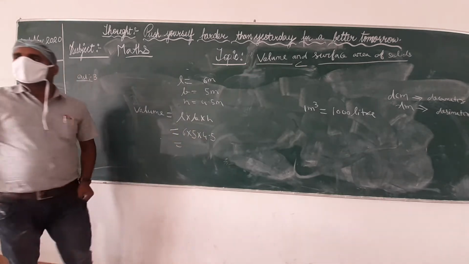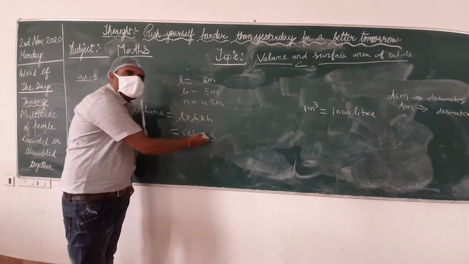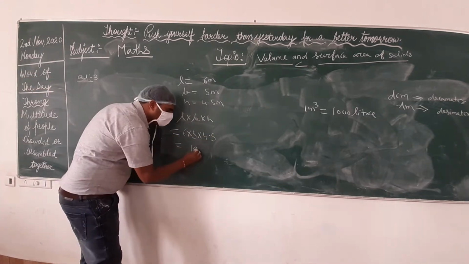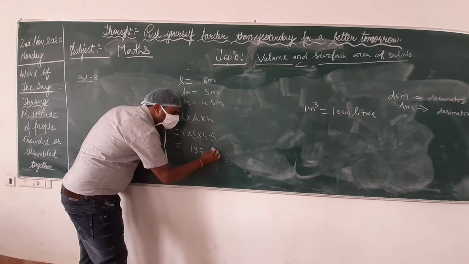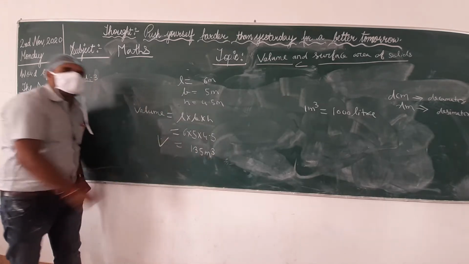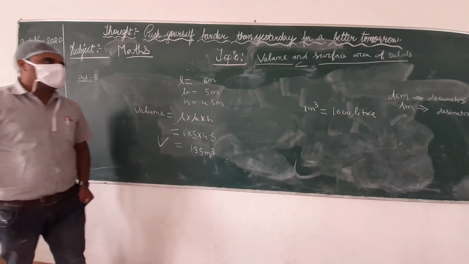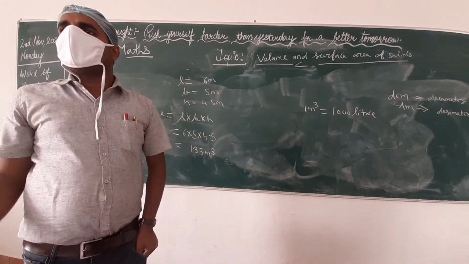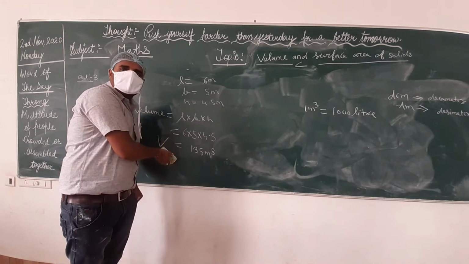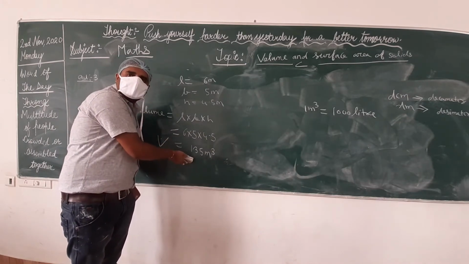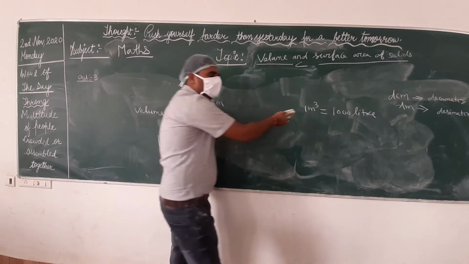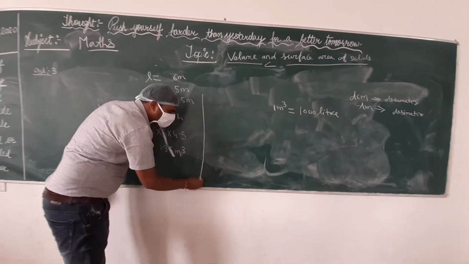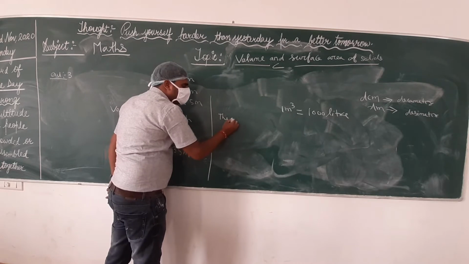6 into 5 is 30, into 4.5 is 135 meter cube. Volume is 135 meter cube, but we want to calculate the capacity. We want to know how many liters this tank can contain. This volume is 135 meter cube, and you know that 1 meter cube equals 1000 liter. Then the capacity